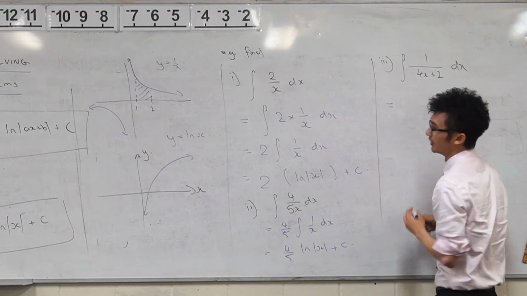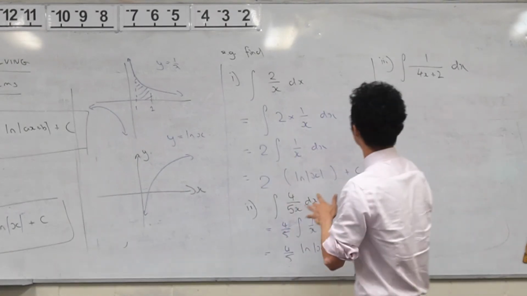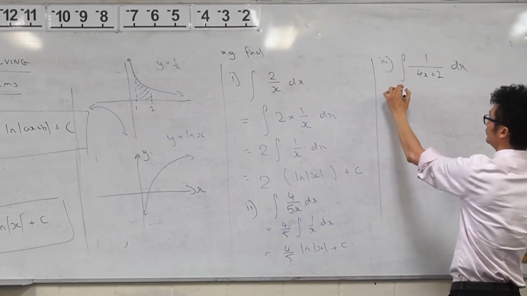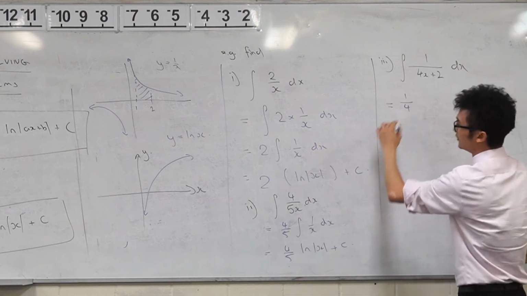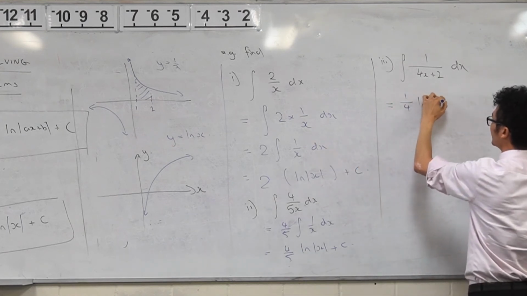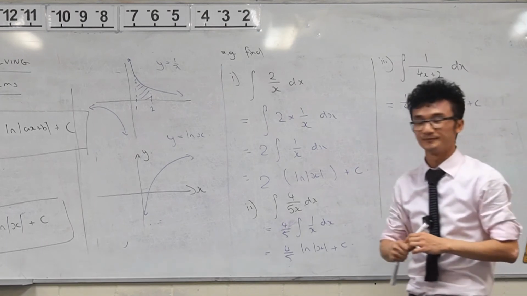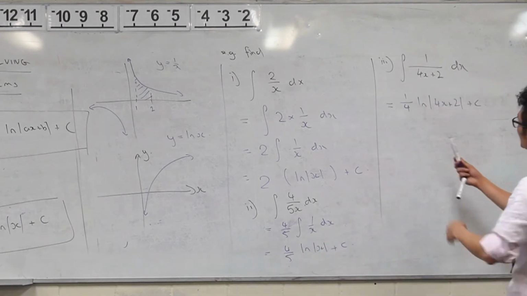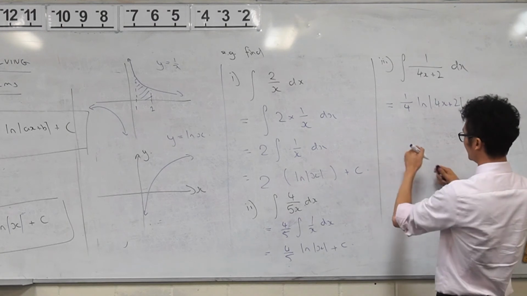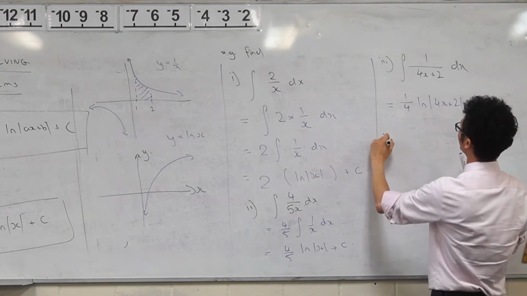So I'm going to integrate this. And I can write the integral as, okay, well my a value is 4, so I can say it's 1 on 4 ln of 4x plus 2, and then we add on any constants there as well, okay? And we can try another one for good measure. So if I take, for example,